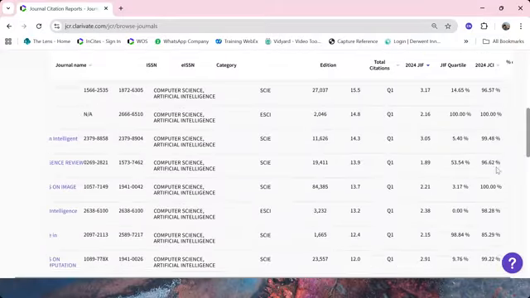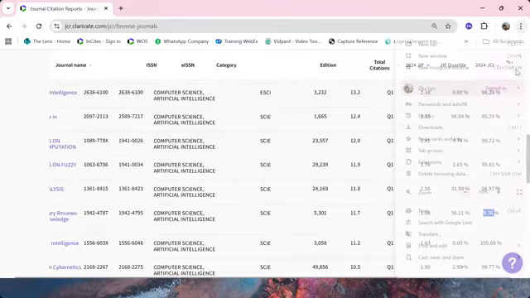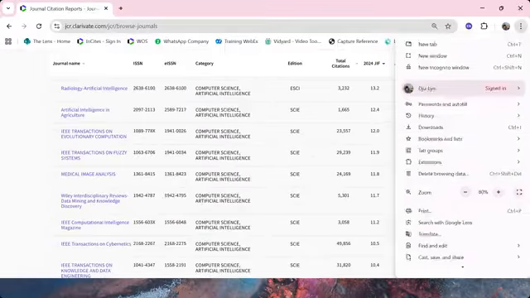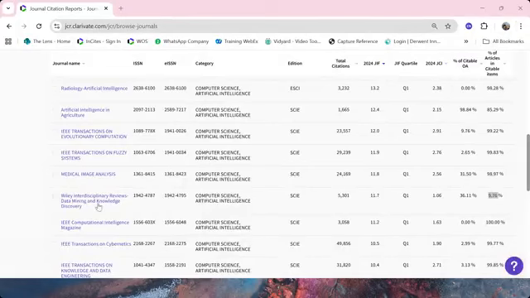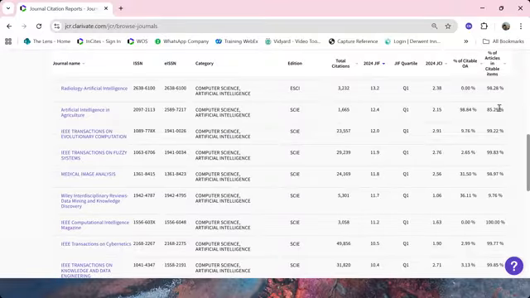All right. But if you go down the list, you might see this one, which is almost completely opposite. So this journal, let me see which journal this is. Okay, WIREs Data Mining and Knowledge Discovery. It only has 9.76% articles in the citable items. So the majority of its content is reviews. So if you are writing an original research article, then this might not be suitable. Okay, so that's how you use this column here.